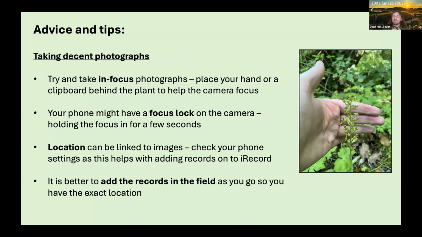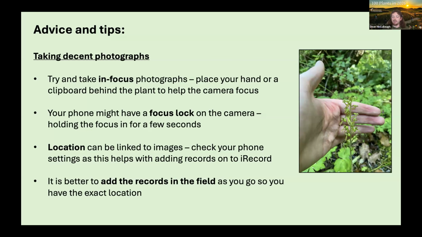Third point then, location. This is an important one. I know personally in my phone settings, if I take a photo, the location will be attached to that photo. Usually it's correct, sometimes it's completely off, but usually it's correct. I think that depends on having signal though, so sometimes that doesn't work. Some people have that turned off on their phones. You just need to look at your settings. I find it useful,